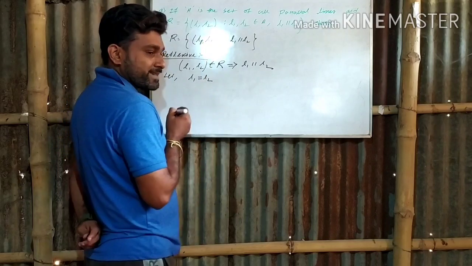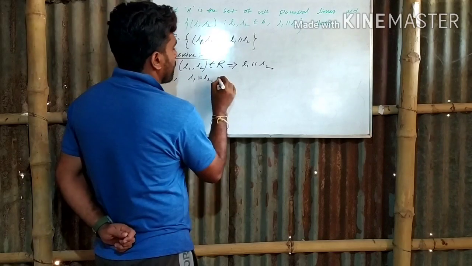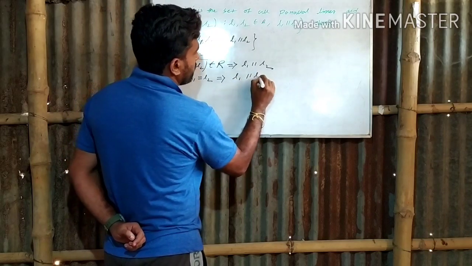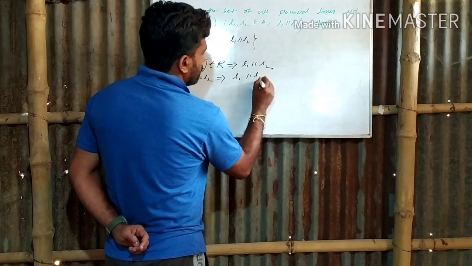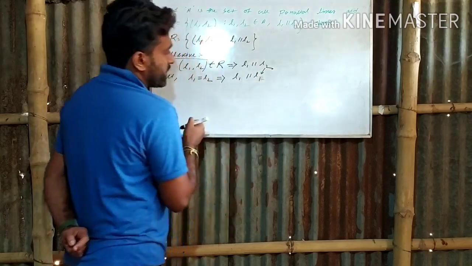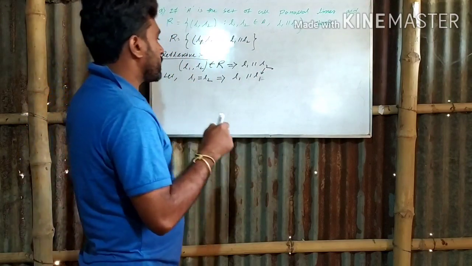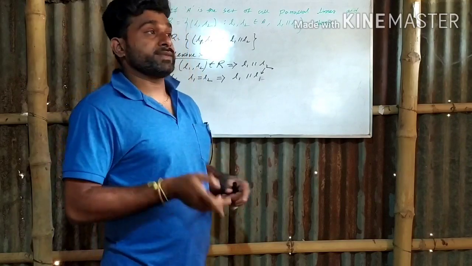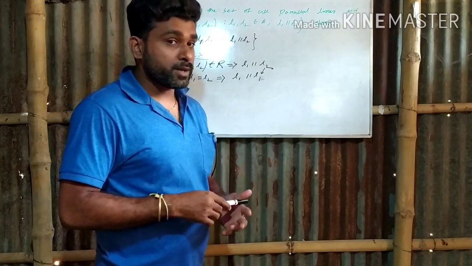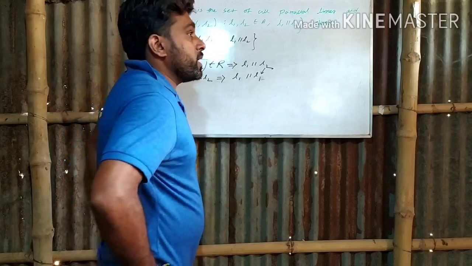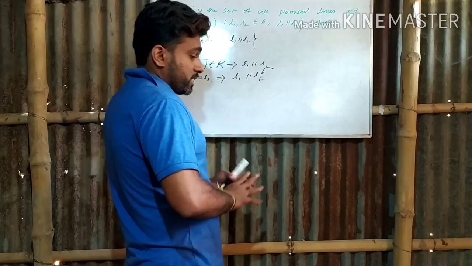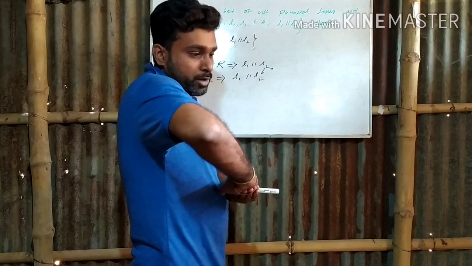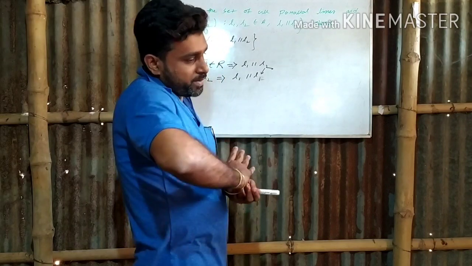That means both the lines are the same. For the reflexive property, this implies L1 parallel to L1. In place of L2, we have to use L1 because L1 equals L2. So L1 parallel to L1. Is it right? The same line, are they parallel to each other? Obviously, they are parallel to each other. That means I need to say the coincident lines. The coincident lines will make an equal angle with the base, so these two lines are parallel also.